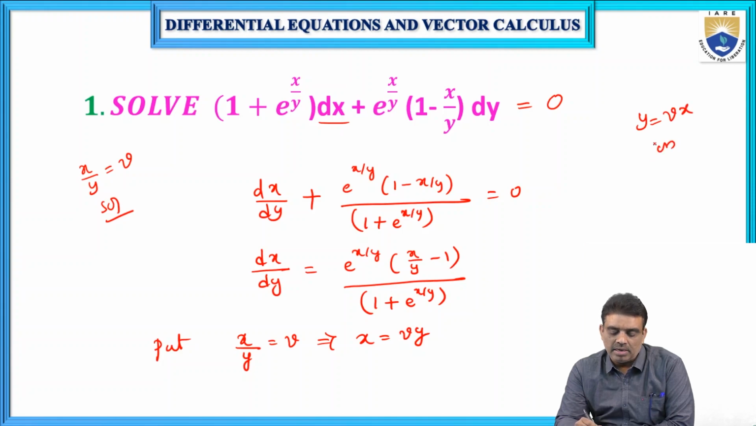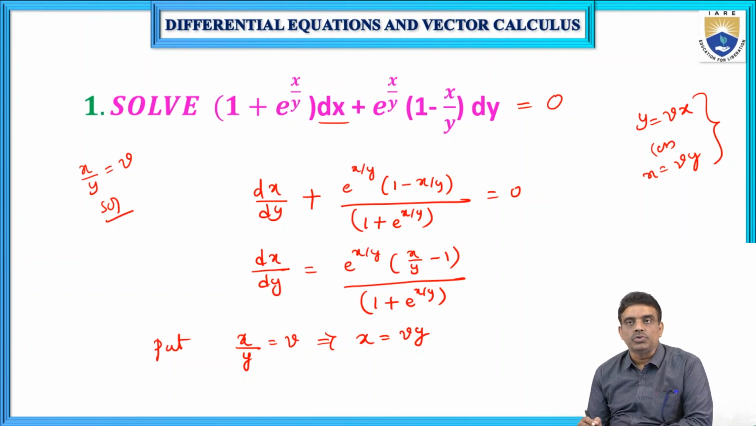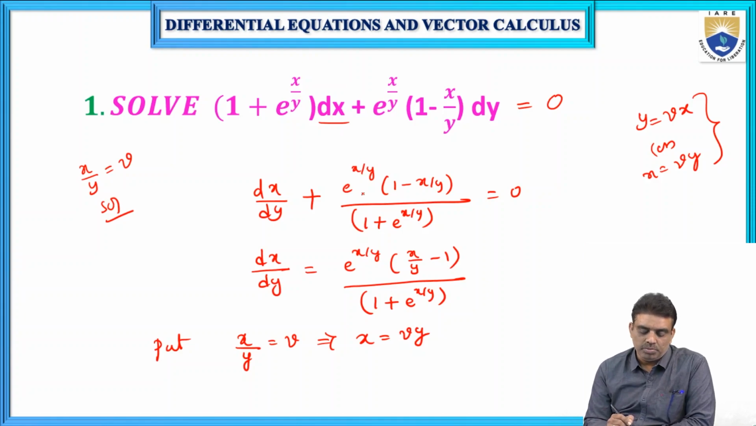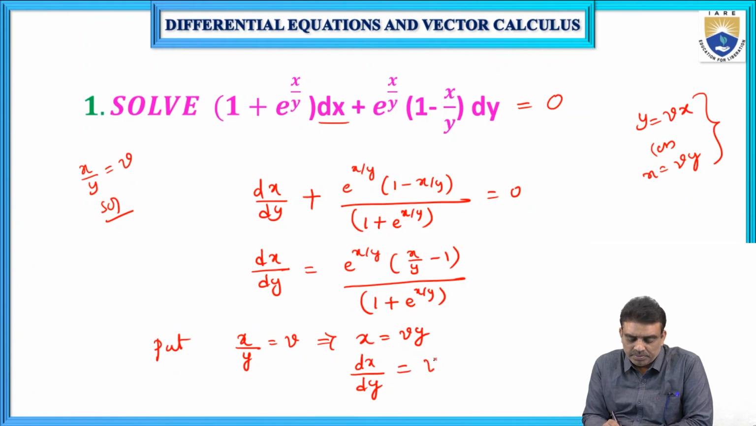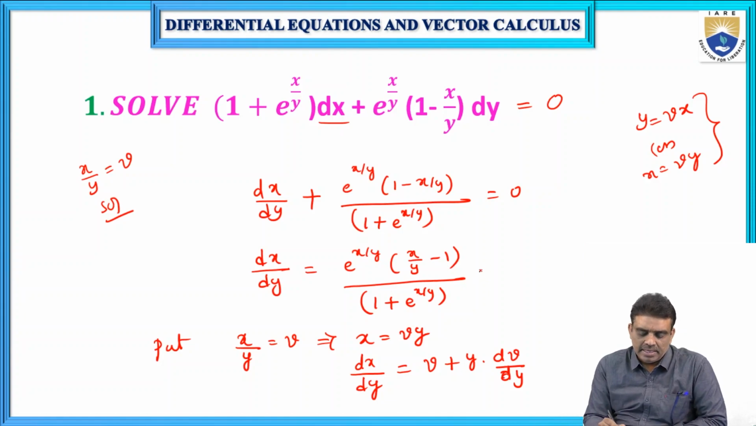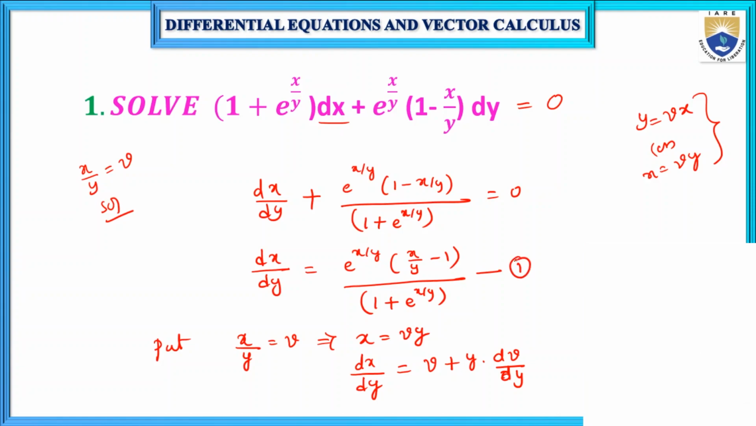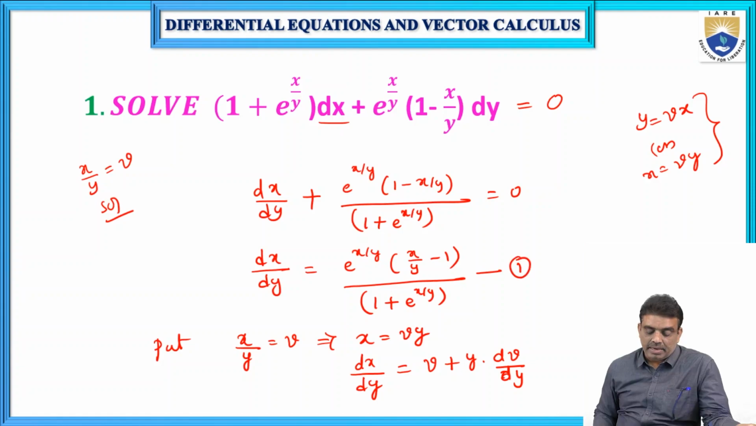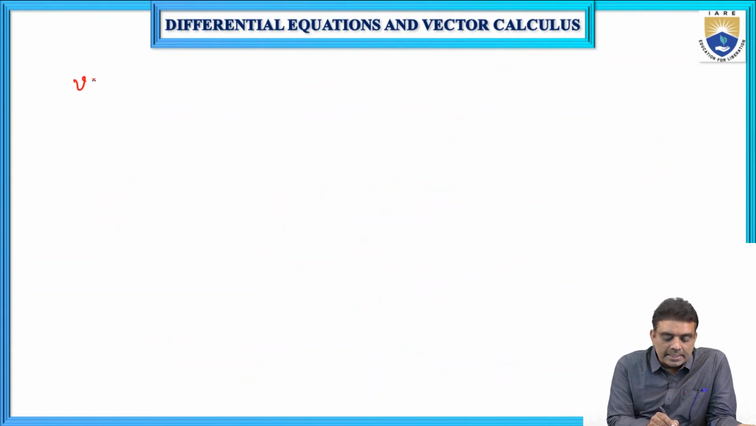y is equal to vx or x is equal to vy are the substitutions for homogeneous equations to reduce the equations into variable separable form. So here you can assume that x by y is equal to v, or x is equal to vy. Then on differentiating with respect to y, dx by dy is equal to v plus y into dv by dy. Call this equation 1. Then equation 1 becomes dx by dy, which is v plus y into dv by dy,